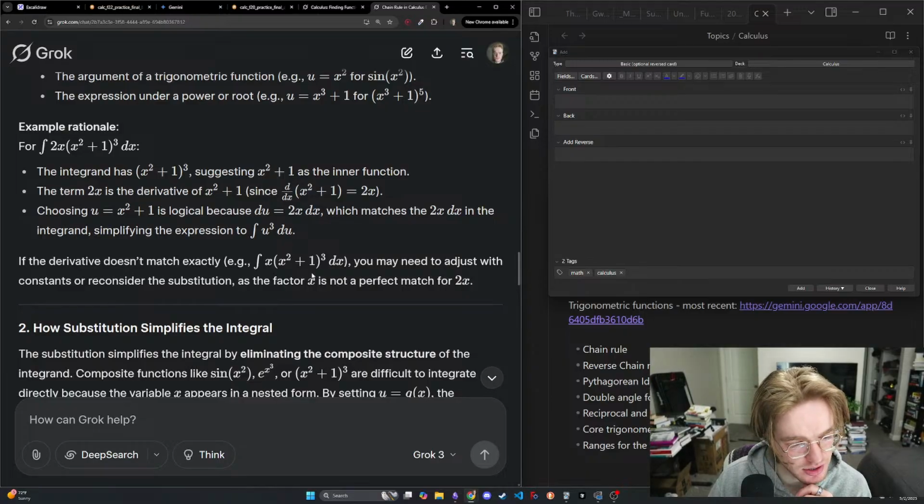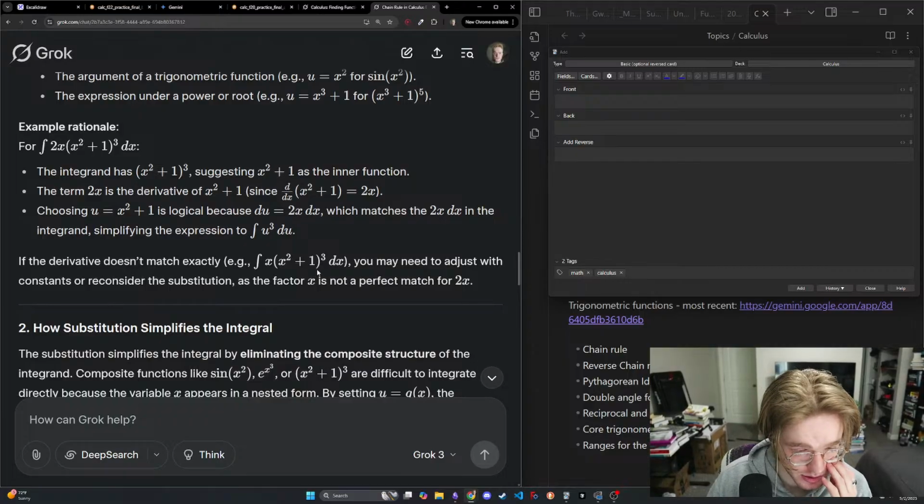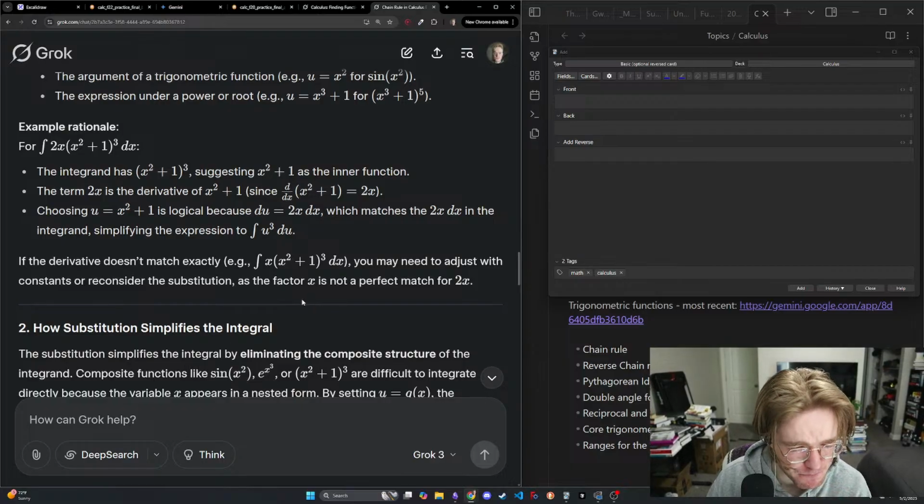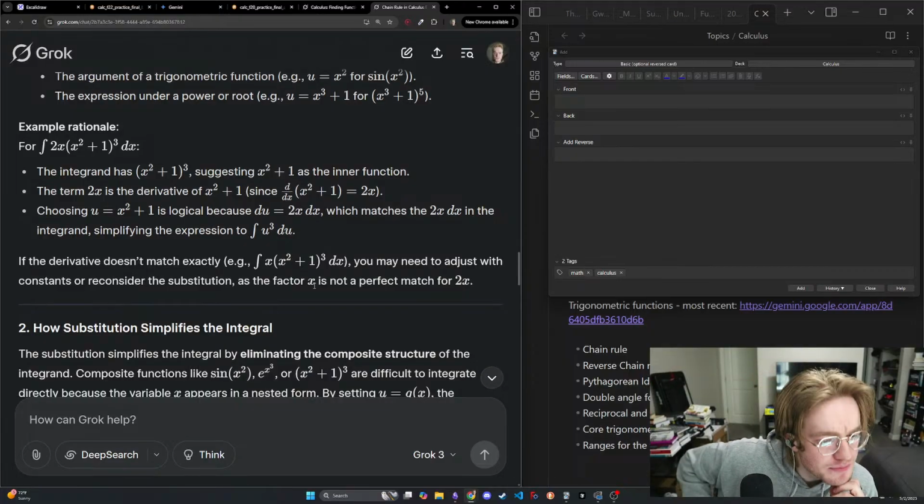dx in the integrand, simplifying the expression to u cubed du. If the derivative doesn't match exactly, you may need to adjust with constants or reconsider this substitution, as the factor x is not a perfect match for dx. Okay, so